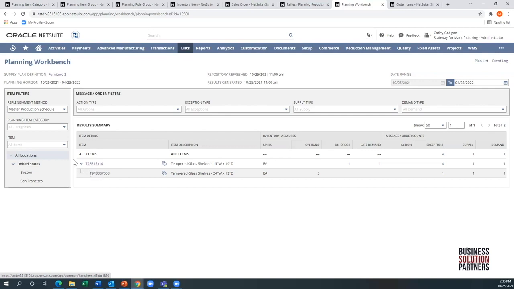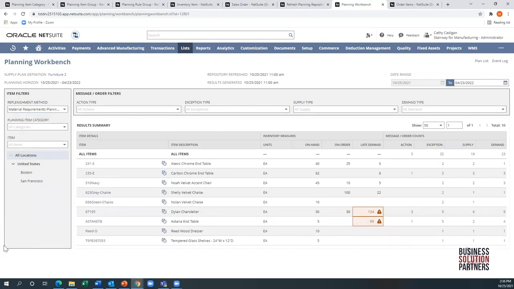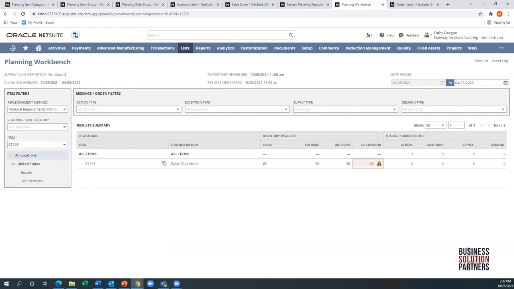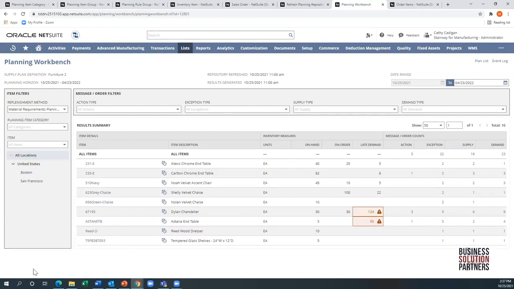through an indented form. I'm just going to grab the parts here, and this is all items that I purchase. That means I buy them, I sell them, except for this one here, which is the one I consume through my manufactured items. Remember those item categories? I can filter by those, or I can even filter by a specific item if I wanted to. I can filter by specific location, and of course I can remove the filter, which then brings back all the data. So if I just wanted to see Boston, as I click on that, you can see the data